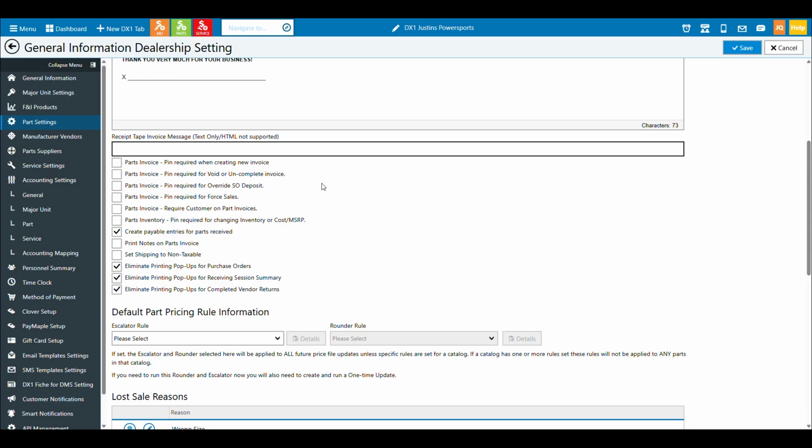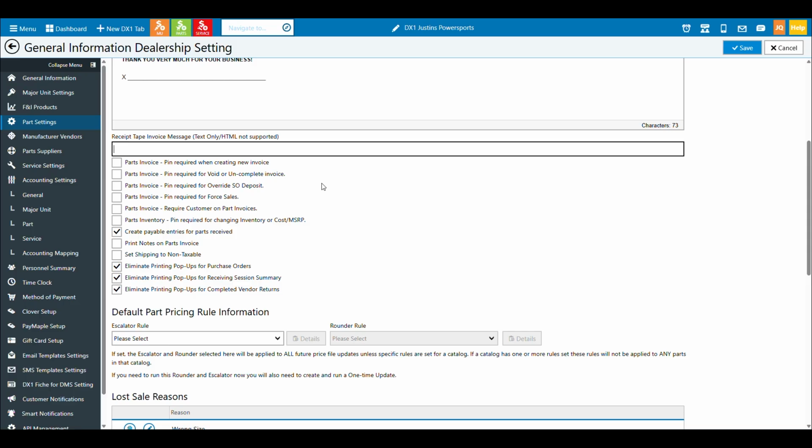Again, as time moves on, it's probably best practice to get as much information as you can about your customers. But we also understand concerns about privacy and leave that up to you to decide. So if you want to make sure that every item that leaves your dealership has a customer on a part invoice, you can do that here. Otherwise, don't click it, and invoices that are not added will come across as cash customers. This does make returns a bit difficult if the customer doesn't come back with a receipt. So do keep that in mind.